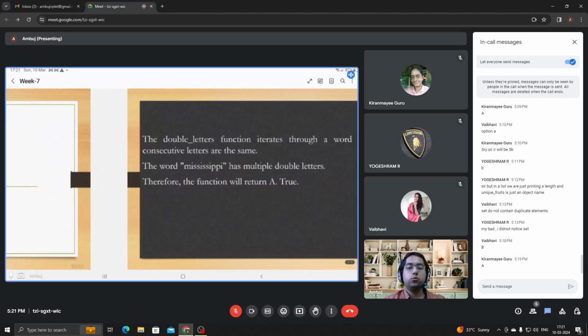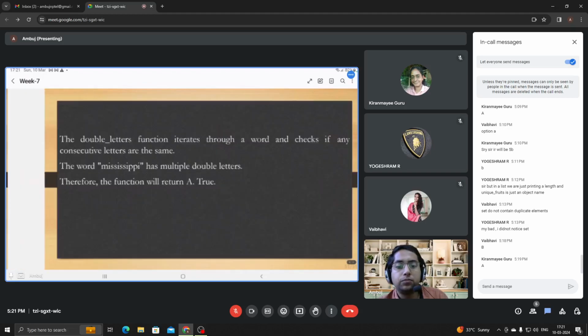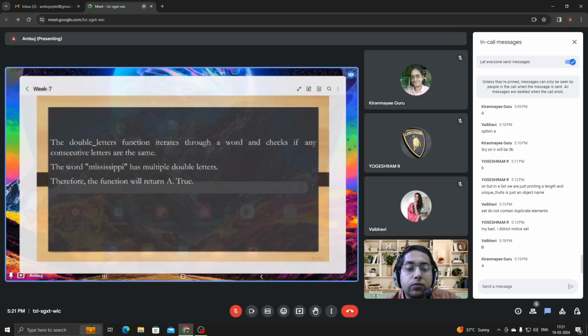Let me show you the correct option. It would be True. Why? The double letters function iterates through a word and checks if consecutive letters are the same. The word Mississippi has multiple double letters. Therefore, the function